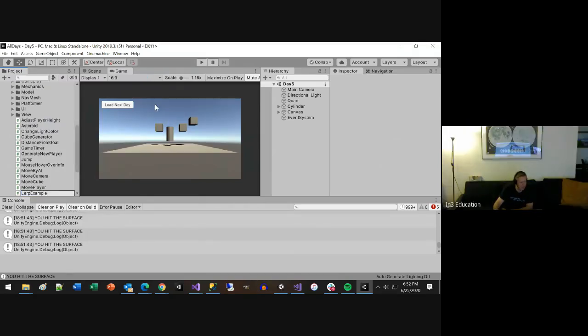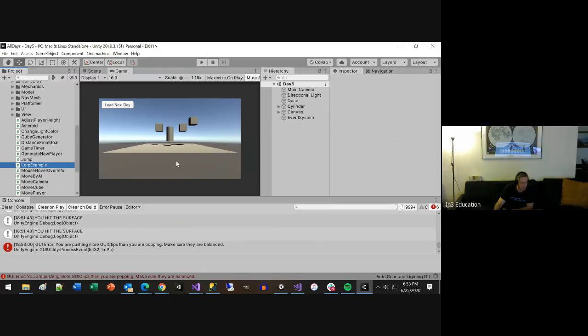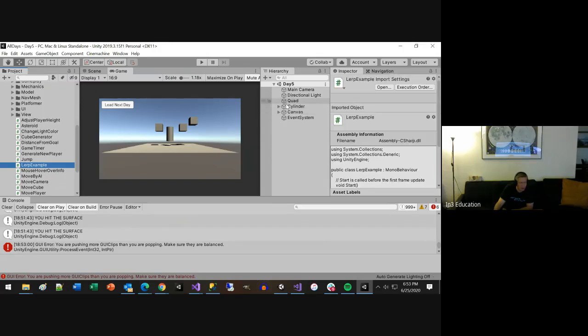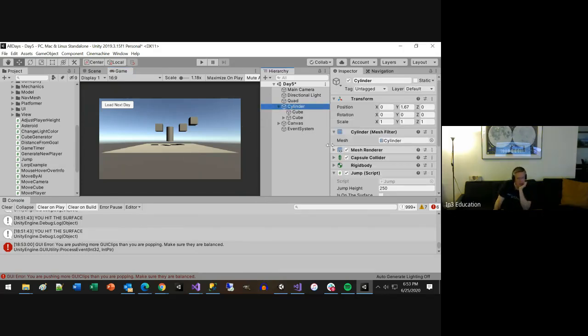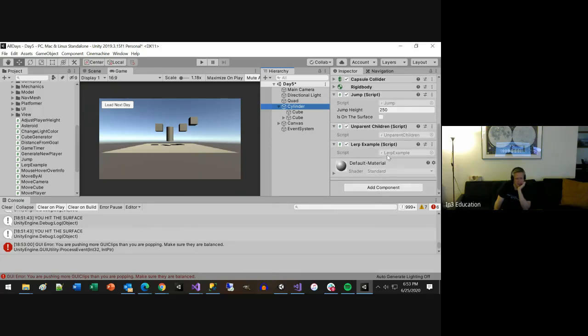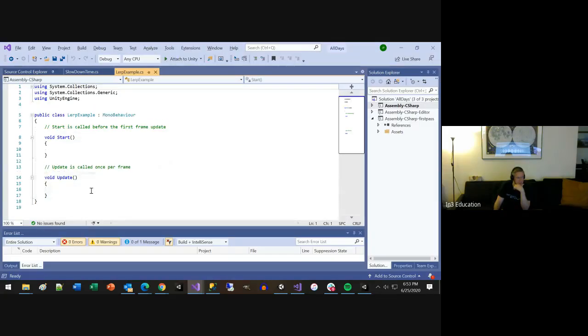And we can take that lerp example and let's throw it on to our cylinder here. Come back over into the inspector. Here's our lerp example. Basically, if we want it to move forward,